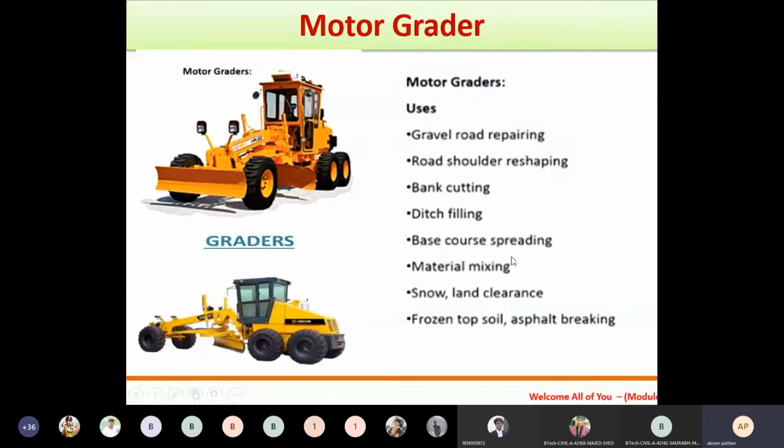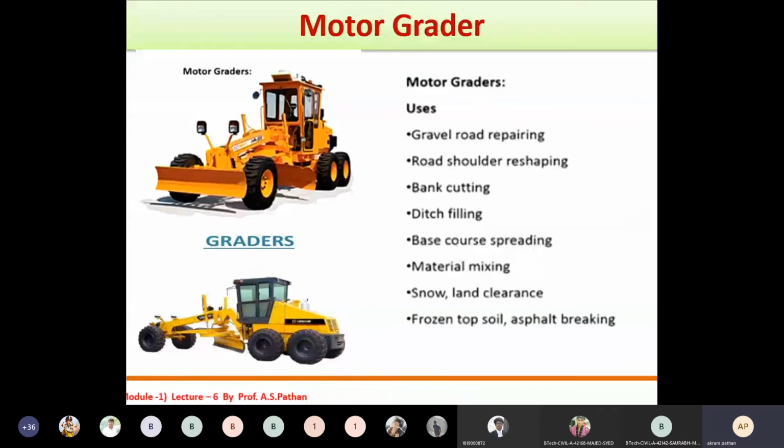Then base course spreading. In case of road, these are the areas where we can use this particular motor grader. Base course spreading. If you see the different courses of the flexible or rigid pavement, in case of flexible pavement, there is a base course, then sub base course, then bearing courses.